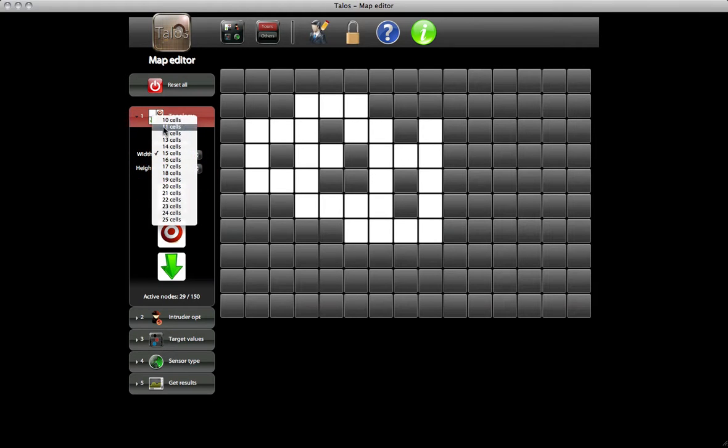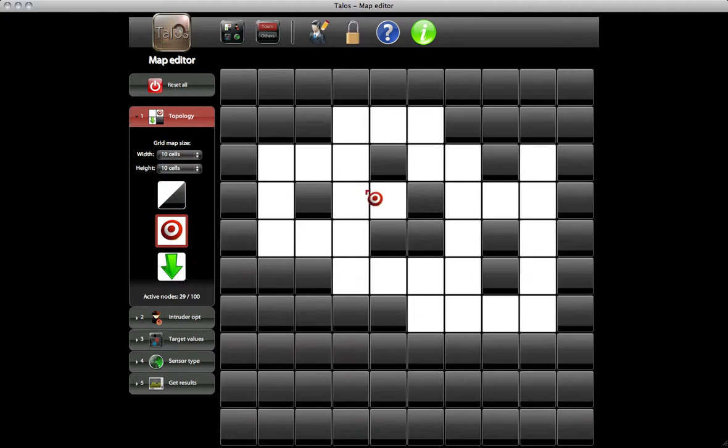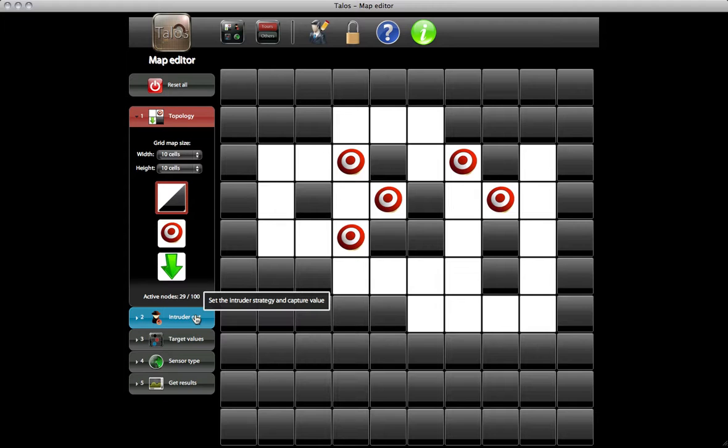During this step you can also place the targets, cells with some value for both the players. The entry points, cells whereby the intruder can enter. In the absence of these points, all the cells are possible entry points. When you have finished setting the topology of the map, you can go on with step 2, to